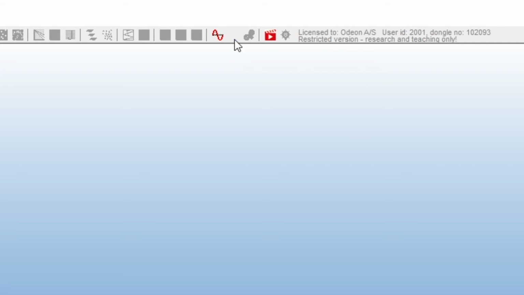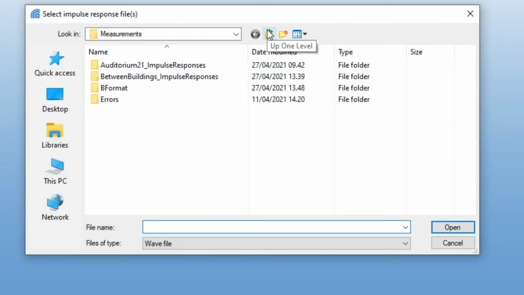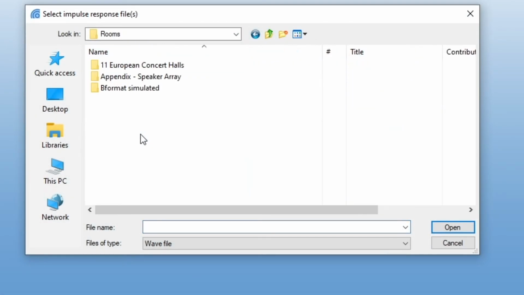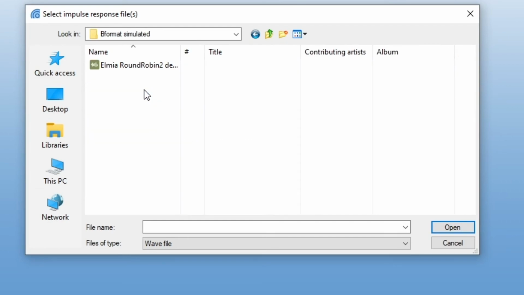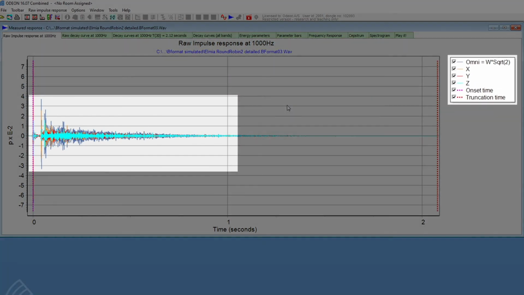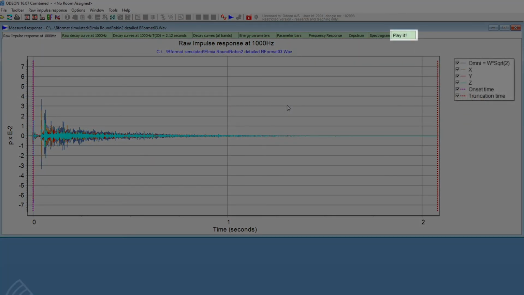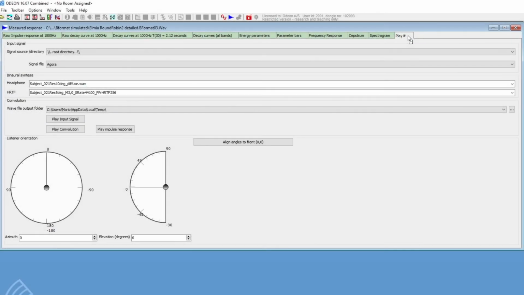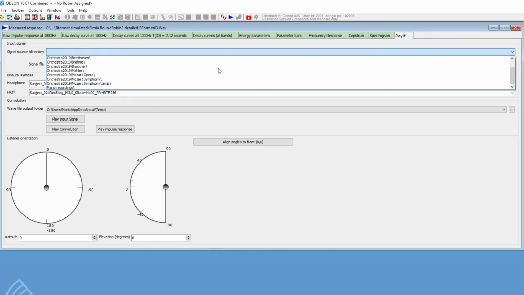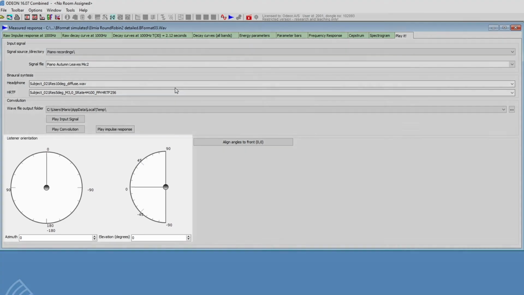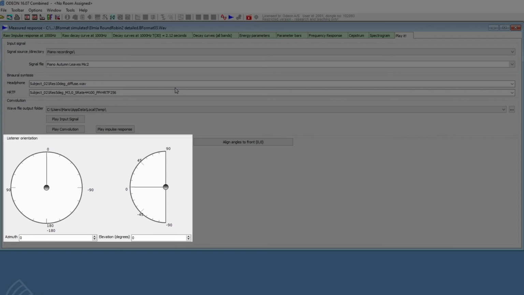Also, impulse responses in first-order ambisonics B format can be loaded into the measurement system. Then, having loaded a B-format impulse response, you can adjust the listening orientation within Odeon for the auralization.